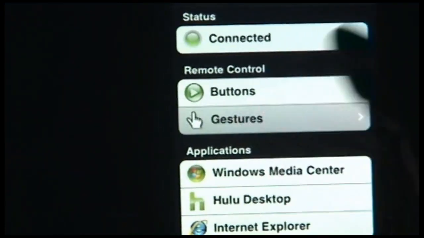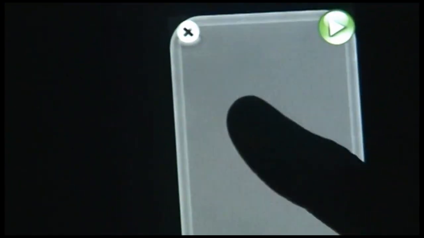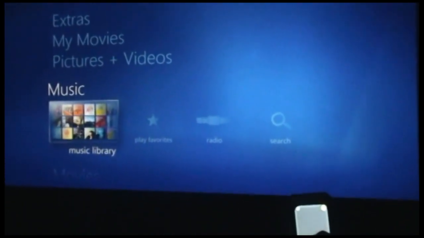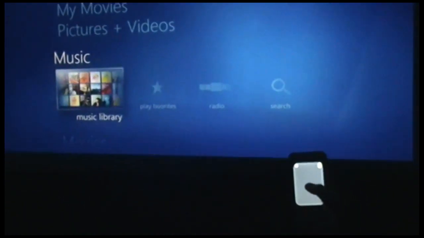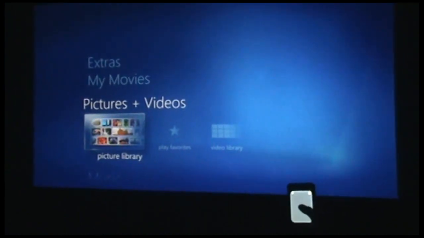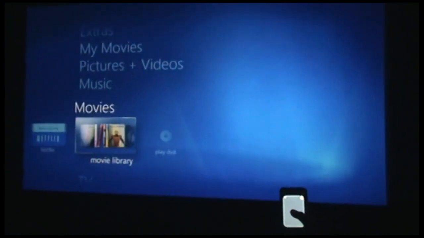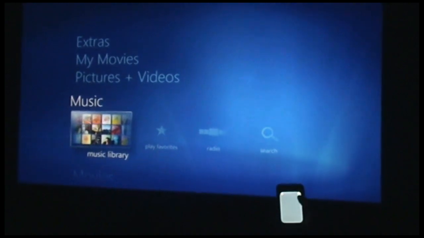Now that Media Center is started, I'm going to control it using gestures. Now in this mode, I don't even have to look at the remote. I can just put the remote down and control the screen, but I'll just go ahead and show you how it's synced up. So sliding around the menus, we'll go into the music library,